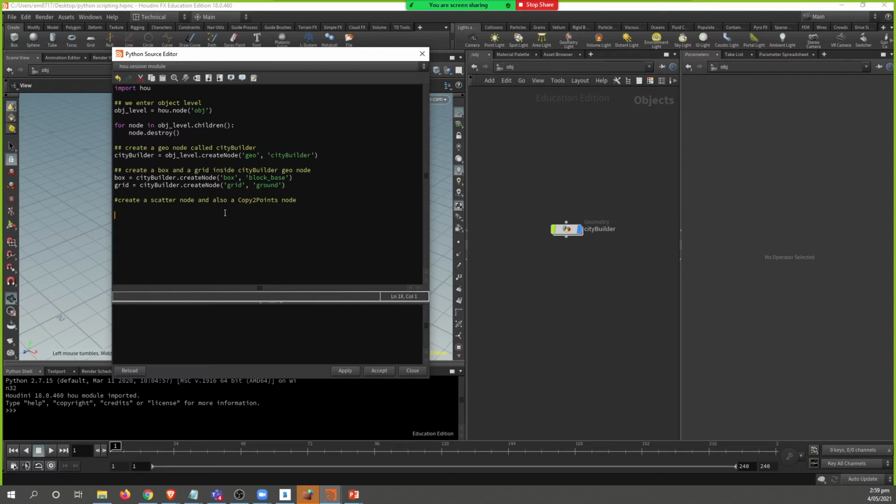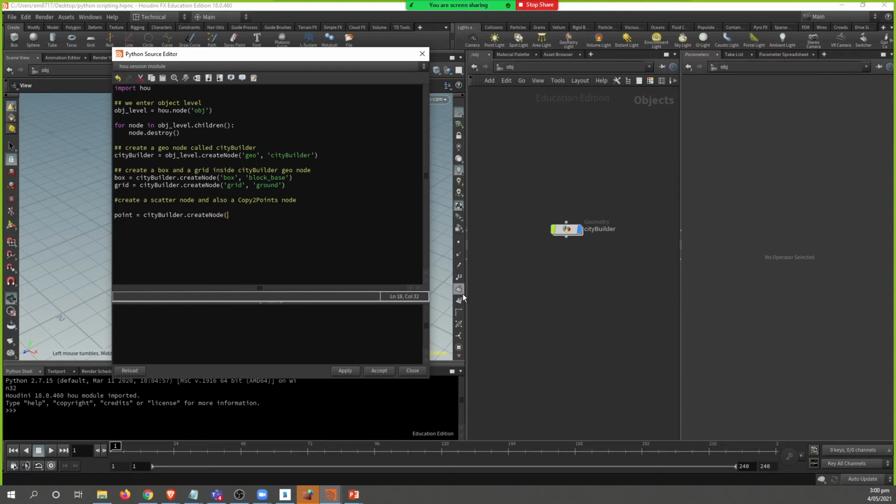So let's say points. We're gonna create a bunch of points, right? I just create a variable called points. And this variable called points is actually within the City Builder GO node, and is going to create a new node called